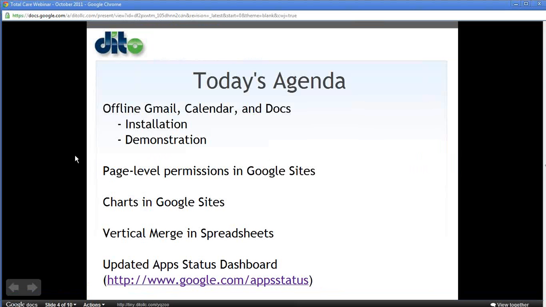The last thing that we have to show you is a change to the Google Apps Status Dashboard. So this is of particular interest to those of you who are administrators. The first thing that you want to do if there's an outage or an error, or it seems to be an outage, you want to know right away what's happening. So if you go to this website,